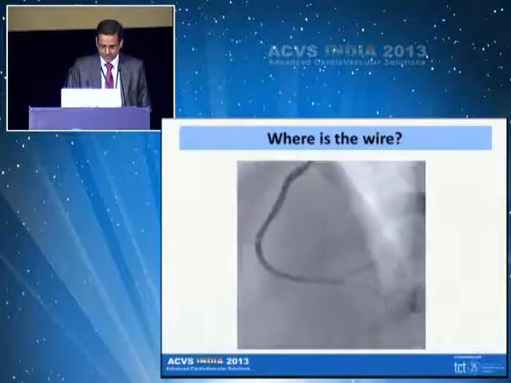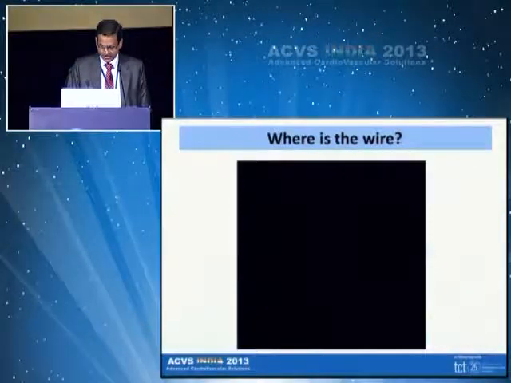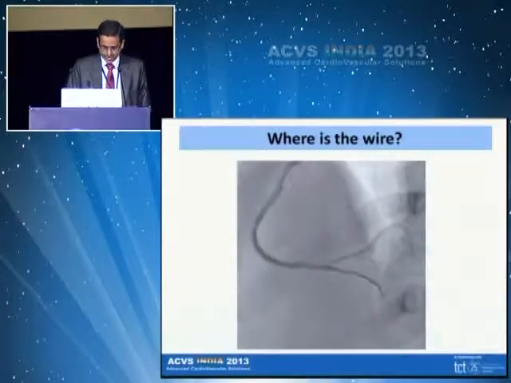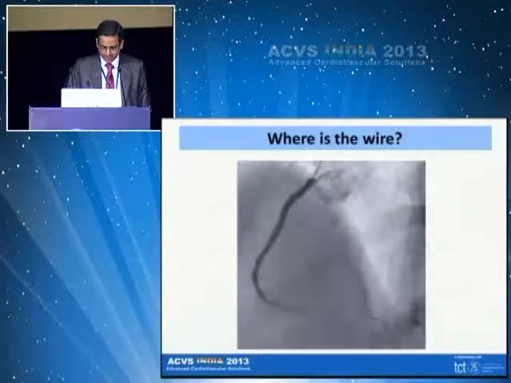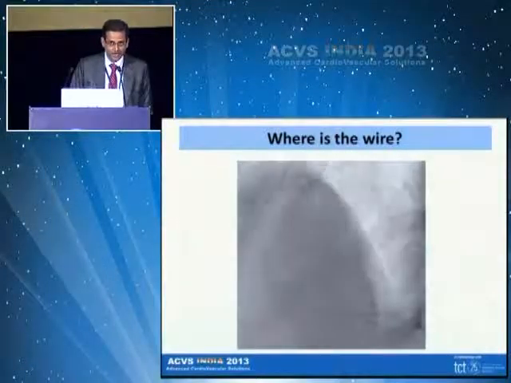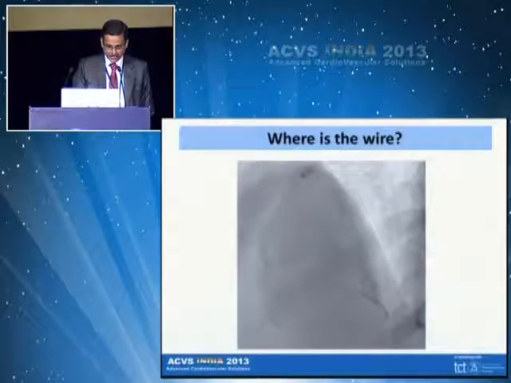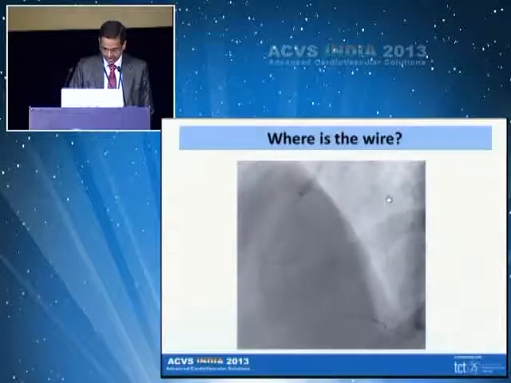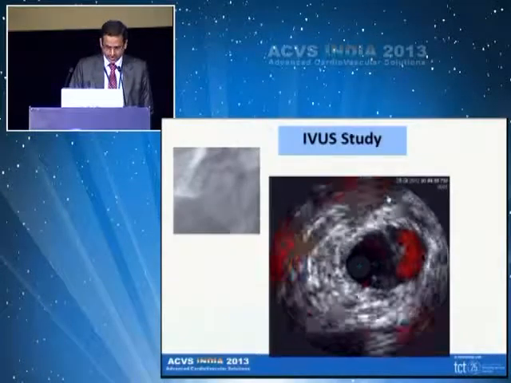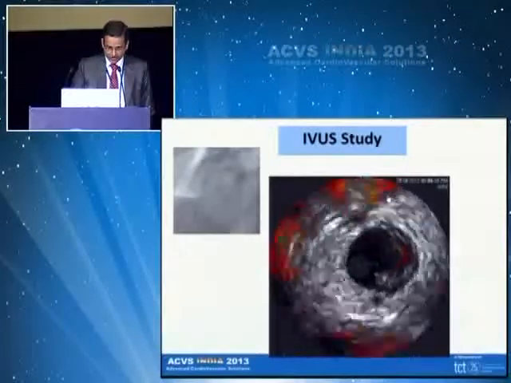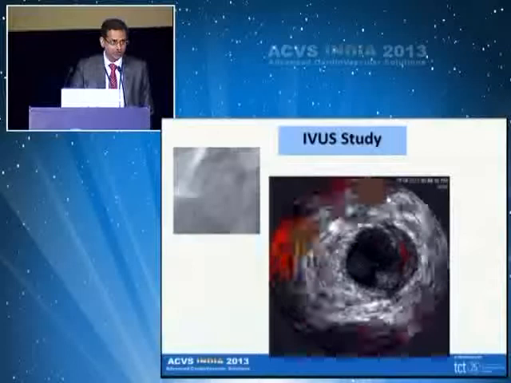Another example, proximal mid CTO done with a star technique, and then we were not sure whether the wire was in the true lumen. If you see the distal RCA, the thin fine thing above is actually the true lumen. That's what we had identified on an IVUS. Had I put a stent in the distal RCA here, I would have closed the artery. So how did my IVUS help here? What did the IVUS show? When I took my IVUS catheter into the distal RCA, the slit which you see from 2 o'clock to 4 o'clock position is actually the true lumen.